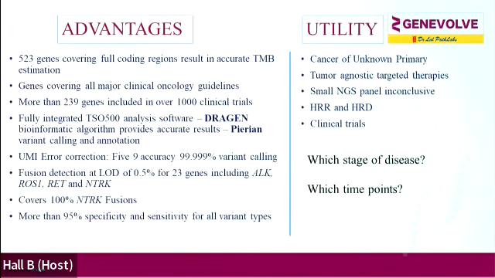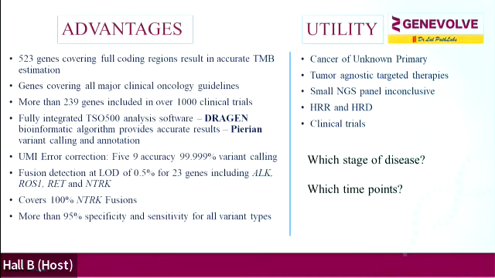What are the advantages of a comprehensive genomic profiling? So 523 genes covering all these fully coding regions result in tumor mutation burden estimation, single nucleotide variants, as well as small indels. These genes obviously are covered in major clinical oncology guidelines and many of these clinical trials. We require a dedicated